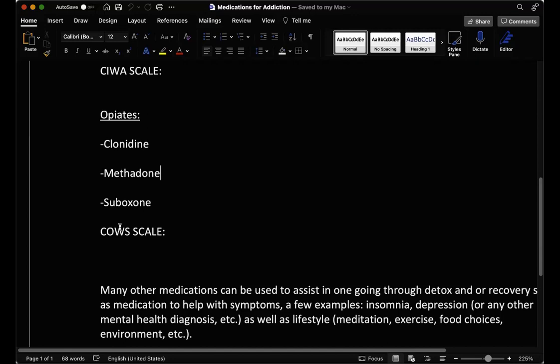So Suboxone can be used for one of three things: either withdrawal coming off of an opiate, maintenance, just to help with the cravings, buy time, help your brain heal, or pain management. Suboxone has a ceiling effect, meaning that the highest dose we go is 32 milligrams, because if you go higher than that, it doesn't do anything. Methadone, unfortunately, I would see about a death every 4 months at the methadone clinic. Suboxone is safer in the fact of the medication, but